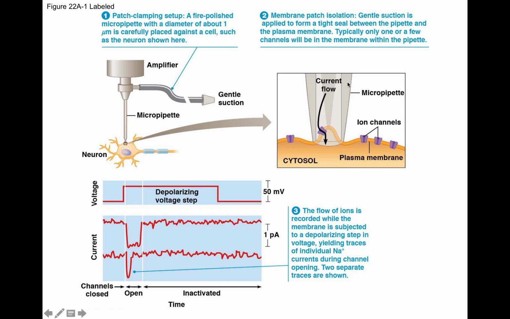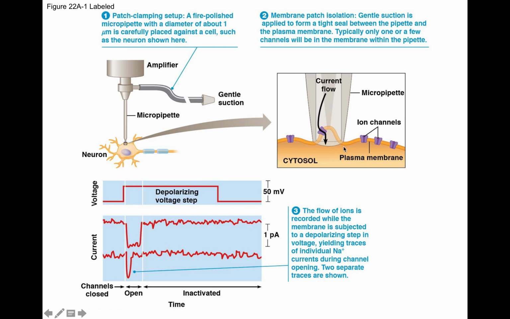So these micropipettes are made of glass, and they can be precisely drawn down by heating up the glass, so that the end of this pipette is very, very small, on the order of not much bigger than a single protein that's embedded in the membrane. And then they're placed against the surface of the membrane. The membrane is charged because of those phospholipid head groups, and the micropipette is also charged, and so they form a very good seal, electrical seal.